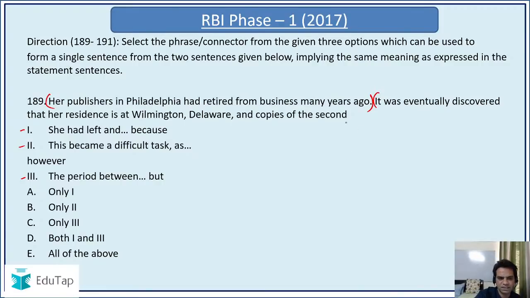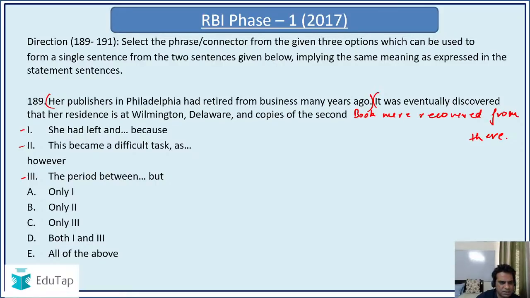And the copies of the second book, I think it was something like this, were recovered from there. So I'll write down the complete sentence for you guys. That's what I remember. Her publishers in Philadelphia had retired from business many years ago. It was eventually discovered that her residence is at Wilmington, Delaware, and copies of the second book were recovered from there. The period between her publishers in Philadelphia, but